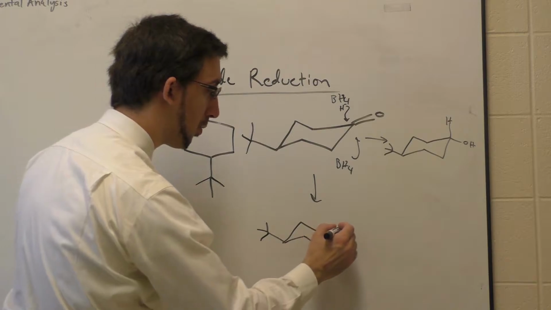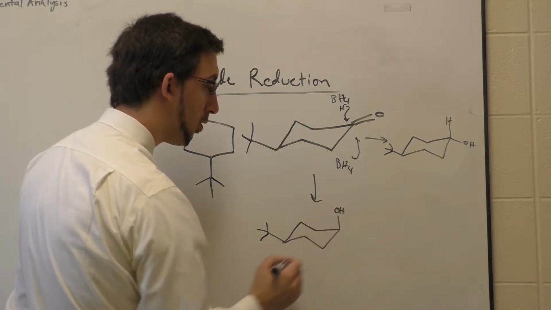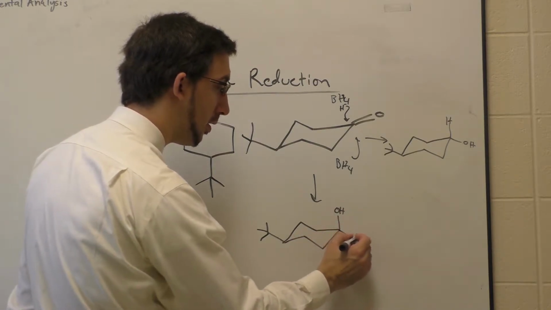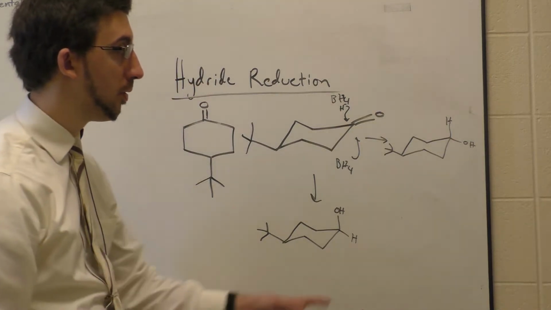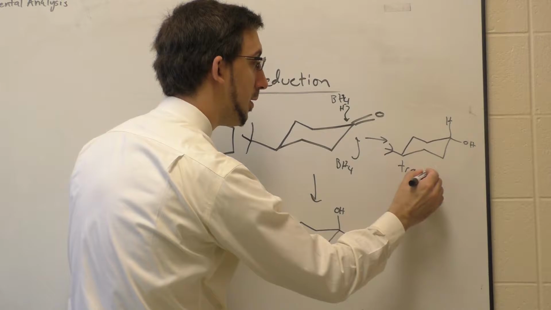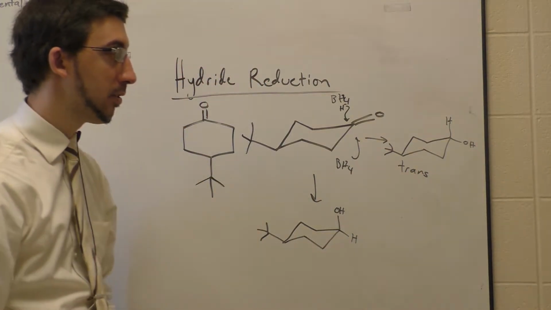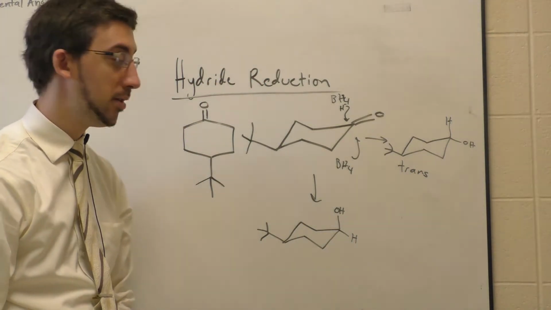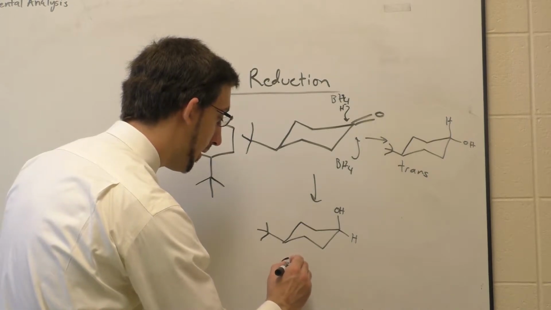Tert-butyl group still in the equatorial position, but now my OH group would be in the axial position. I would refer to this molecule as the trans molecule, the trans 4-tert-butyl cyclohexanol. And this one would be the cis